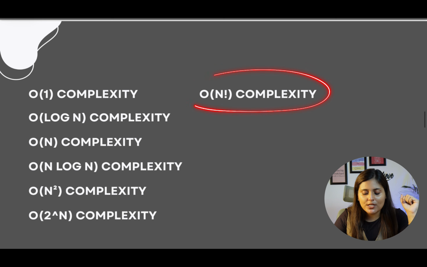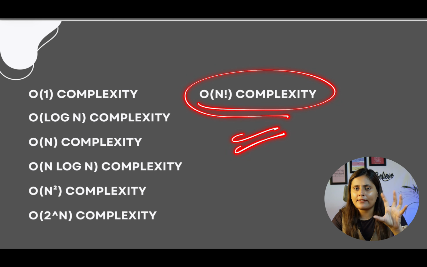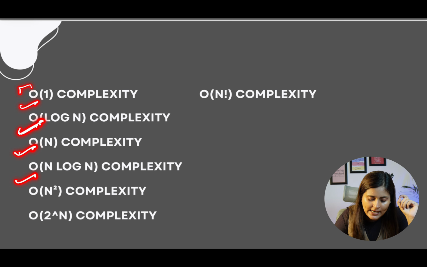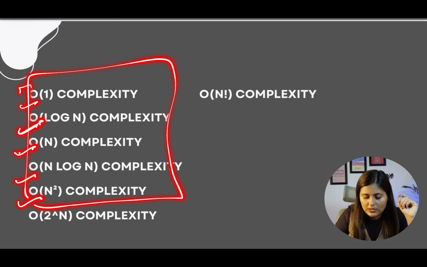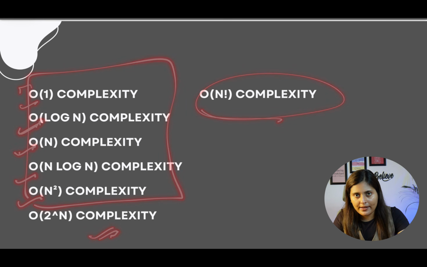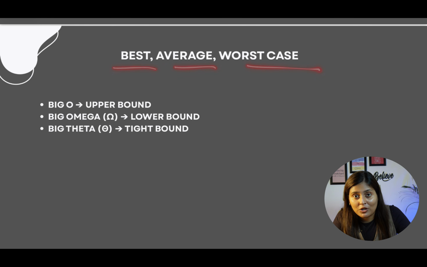And now the most dangerous one, which is n factorial. Definitely whenever we have to calculate permutations, we can think of this and try to stay away as much as possible. But you will see this complexity in very rare cases and in very few questions. In your daily work, you are going to see constant, log n, n, n log n and n squared. The others you will see when you play with backtracking and recursion, and as said, very rarely.